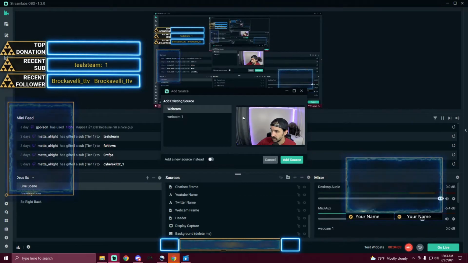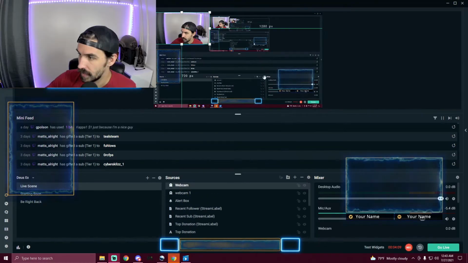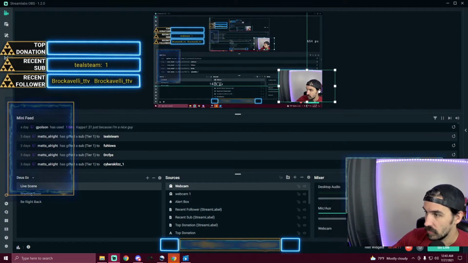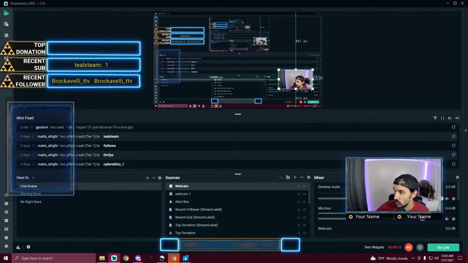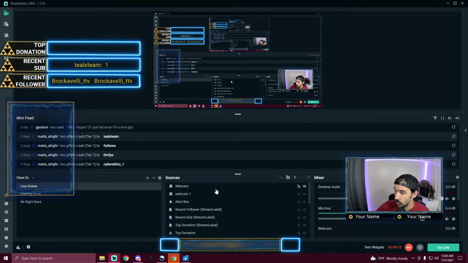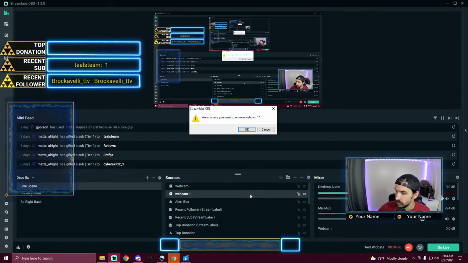Add source, and just click my webcam, because webcams can't be used at the same time. So if I added webcam 1, it's not going to show anything. Add source, drag it over, make it the size of your webcam window. And what you want to do, though, let's go ahead and delete this one because it did add it, even